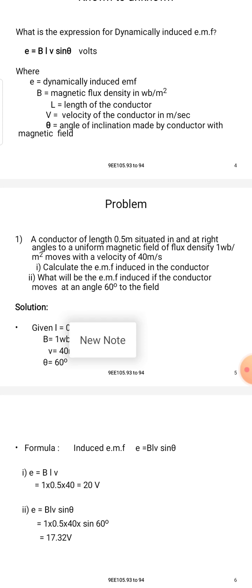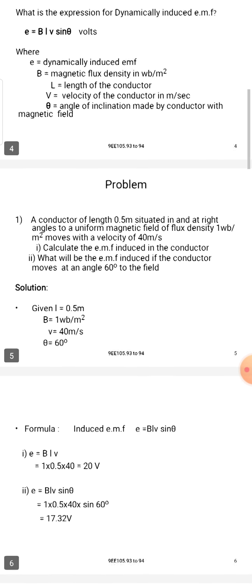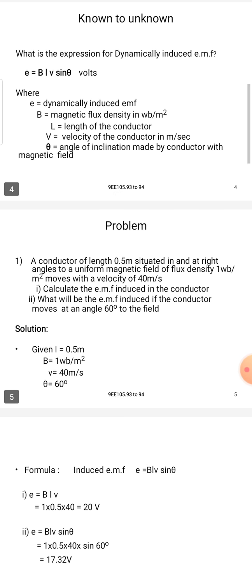Good morning. In the last class, a few topics were completed. Related topics will be continued today onward. Last class we completed the types of induced EMF. The types are statically induced EMF and dynamically induced EMF. Statically induced EMF is again of two types, self-induced EMF and mutual induced EMF, whose examples were also explained in the last class PPTs.